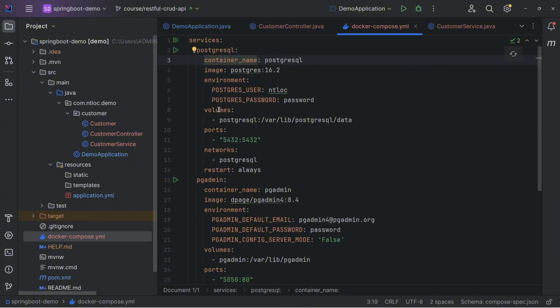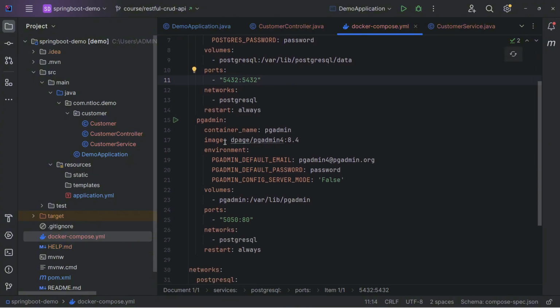I also have the volume to store the data within the Docker container, and the port by default of Postgres running on Docker is 5432. On the local machine, you can change this port wherever you want. So you can change it to 3 or 4, everything is fine. But for now, I would like to leave it default. I also have the network in here and the restart policy is always.